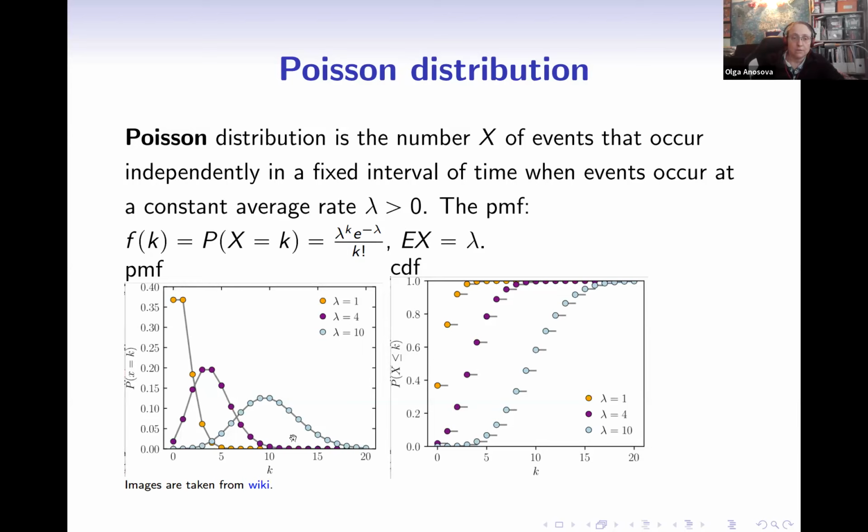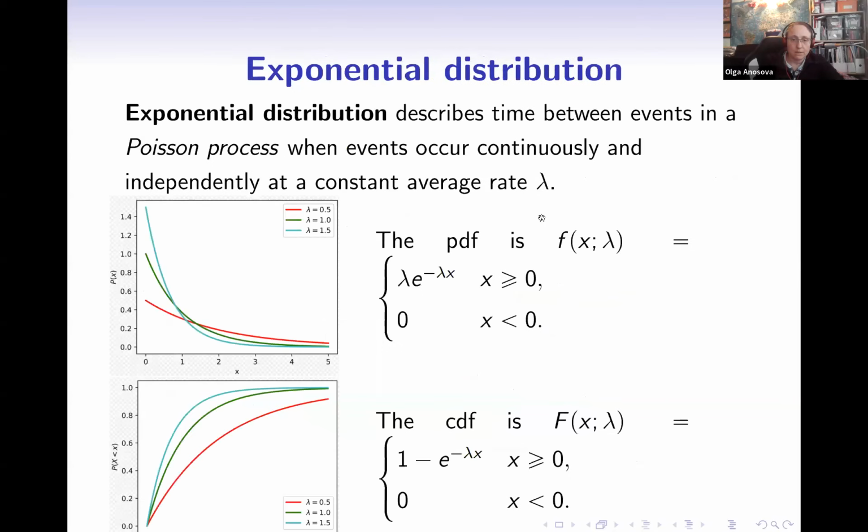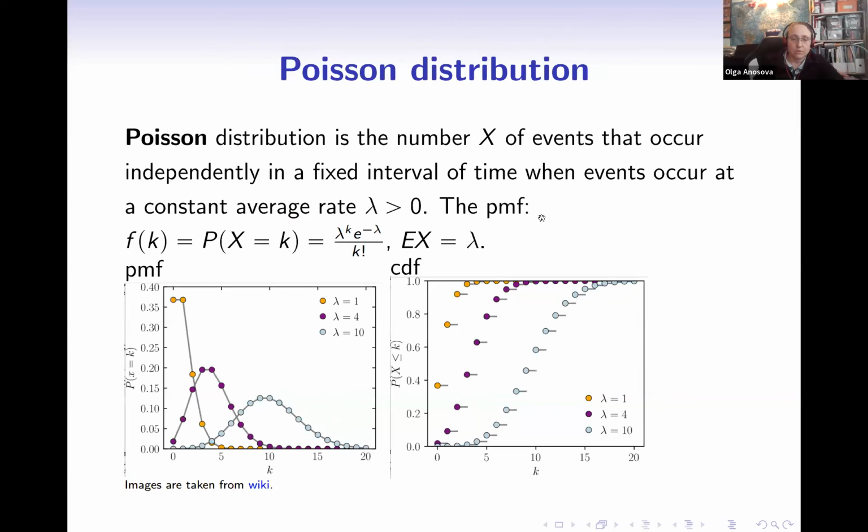So the probability mass function looks like that, and the cumulative distribution function, you see, is not very interesting, is it? Because what we've seen so far is probability mass function and density function having quite different shapes, yeah? But, for example, in here, a quite substantially different shape. And the cumulative distribution function, well, it's not very interesting. It just grows from 0 to 1, and not much can be seen here.